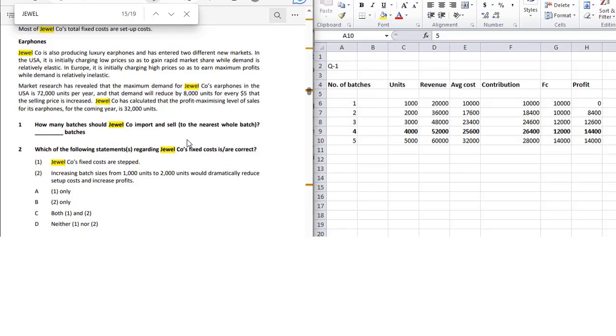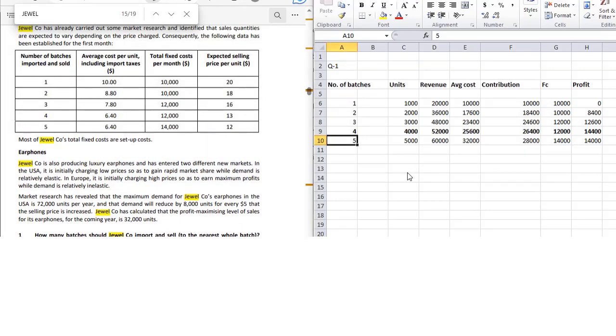Statement 2: increasing batch size from 1000 to 2000 units would dramatically reduce the setup cost and increase the profit. Okay, so now the setup cost at 1000 units is 10,000. Setup cost means fixed cost, and for one batch you can see from the table the setup cost is 10,000, which is fixed cost. It has been told in the question that most of Jewelco's total fixed costs are the setup costs. So for one batch it is 10,000, and if we calculate the setup cost per batch, then it will be,